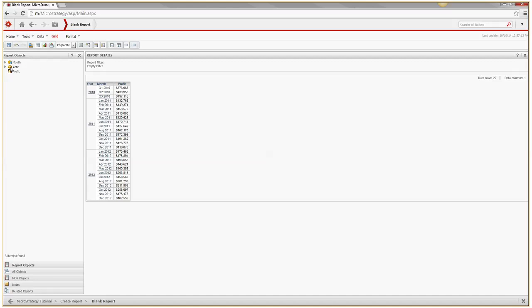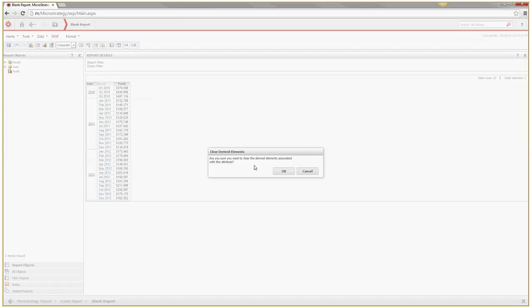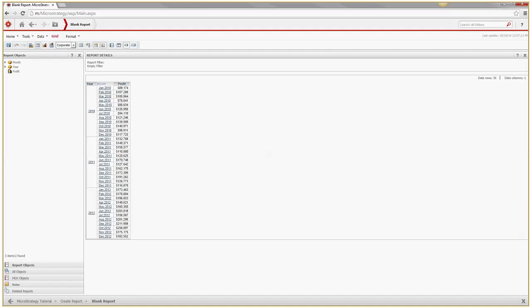This is the icon for a regular attribute and this is the one for a derived element. So if you want to clear it, right click and click on clear derived elements. Once you get this message, if you are sure that you want to clear it, click on OK. And notice how the icon of the month has got reverted back to the original one.